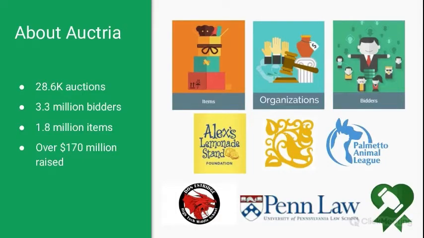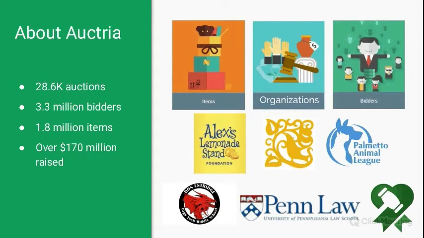Just a quick overview of Auctria. Founded in 2011 as charity auction organizer, we updated our name and logo to Auctria in 2016. Like many awesome tools out there, this program was designed out of need. We too were tired of paper bid sheets, unorganized tracking, long, cumbersome checkouts, and there had to be a better